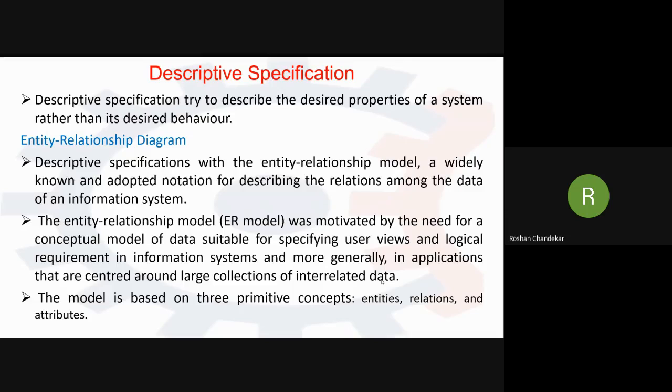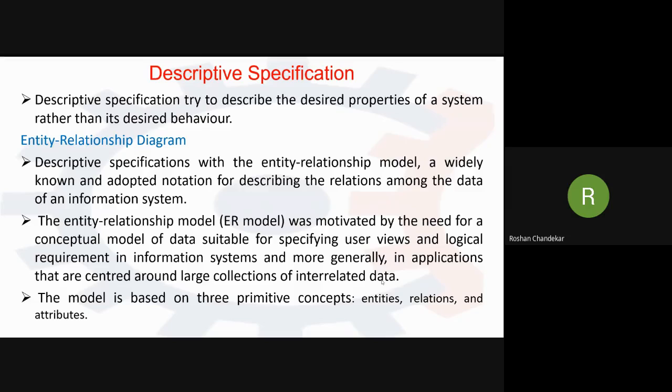So in this section, we are going to start a short review of descriptive specification notations, with the use of semi-formal and widely used models. In this descriptive specification, we are talking about short descriptive specification models or notations. What are the different types of descriptive specification notations? By using that notation, we have to design our product.